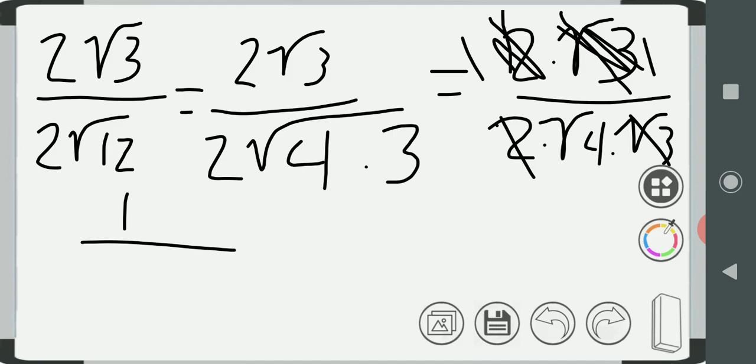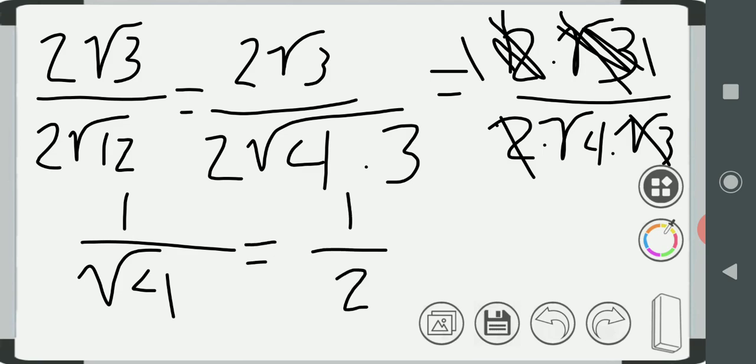And then I technically have 1 times the square root of 4 times 1, which gives me the square root of 4. All right, and the square root of 4 is, well, technically plus or minus 2, but they're only using the positive, and so we get the answer of 1